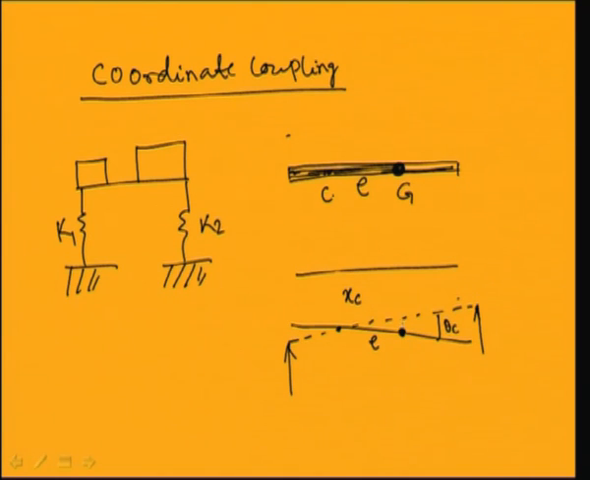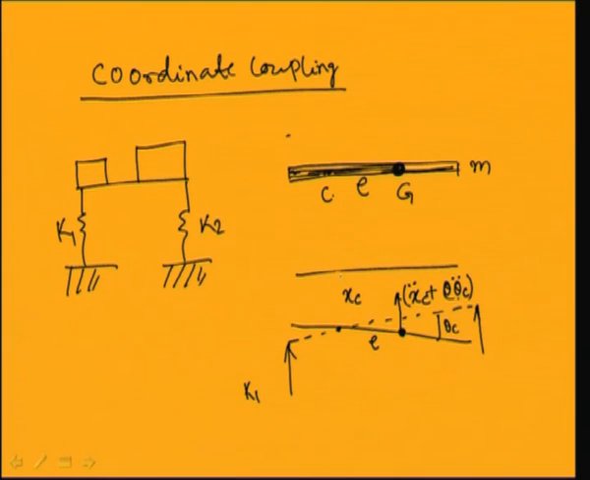So acceleration will be e theta c double dot. So this point will have an acceleration of x c double dot plus e theta c double dot. So if I am taking m as the mass of this bed, then I can write the inertia force equal to m into x c double dot plus e into theta c double dot. So this point will have, this is k1,